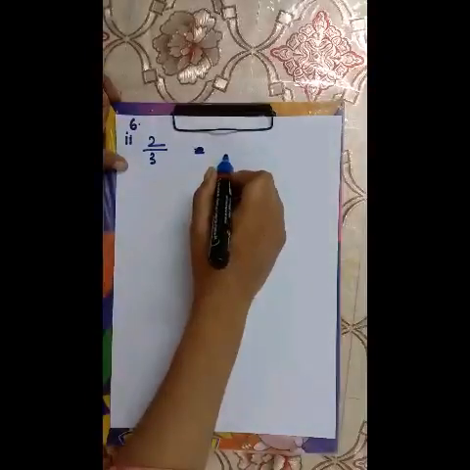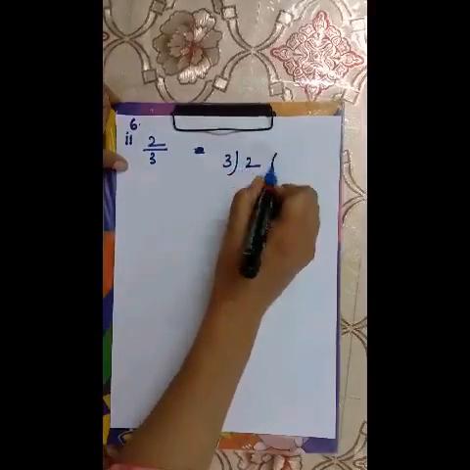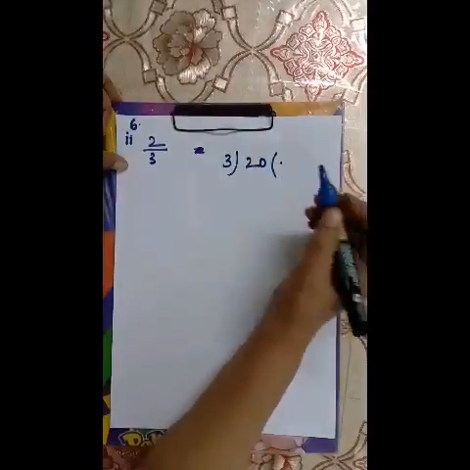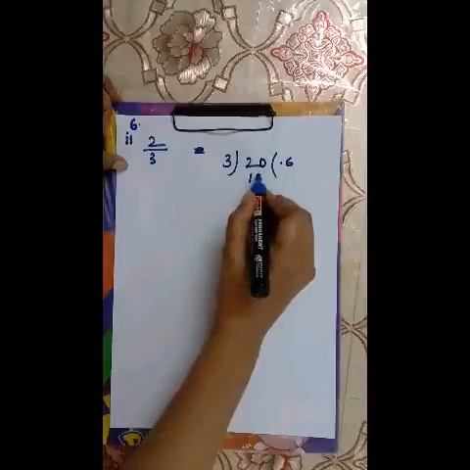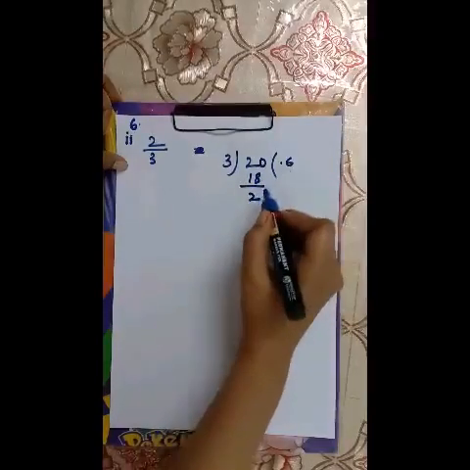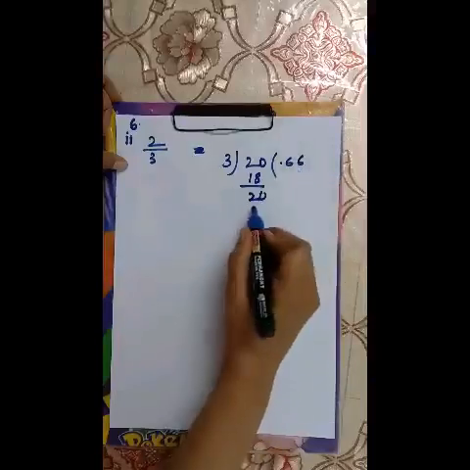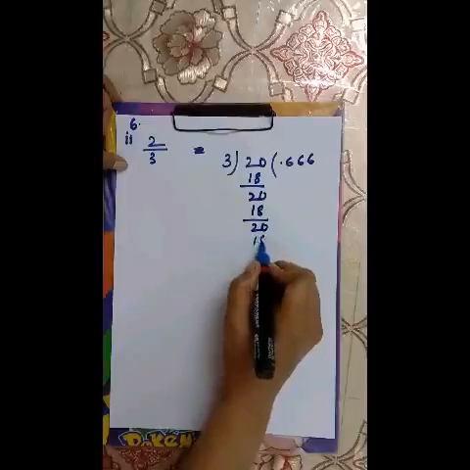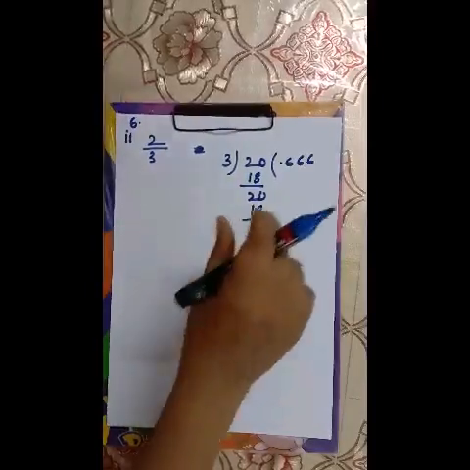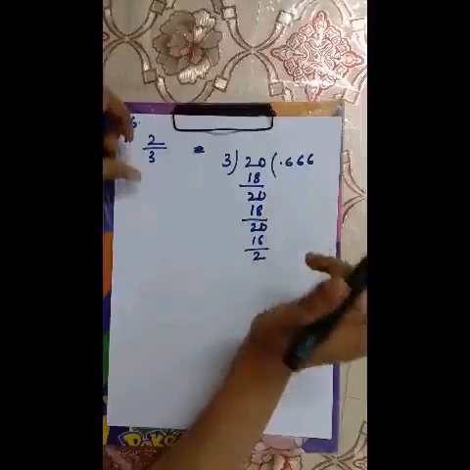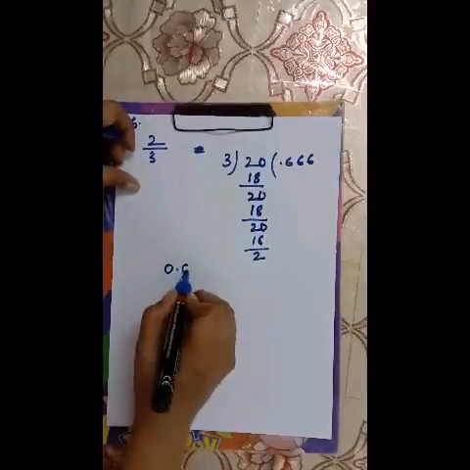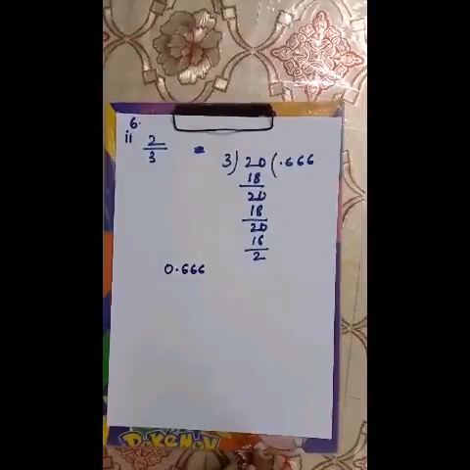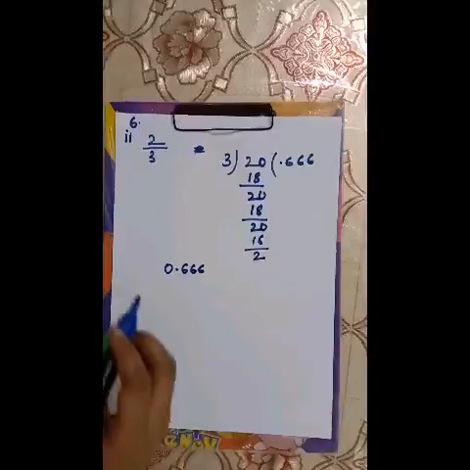In this we are going to do this division, that is 2 divided by 3. 2 is a smaller number. Put a point, take a 0. 3 6s are 18. 2 is left, again 0. 3 6s are 18, again 2 is left, 0. What do you notice? It is a non-terminating repeating number, 0.666. Is it clear? One more bit I will be doing, and the rest, the next 2, you are going to do as homework.